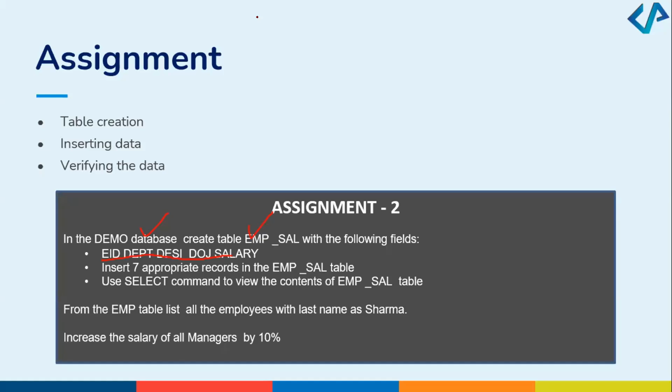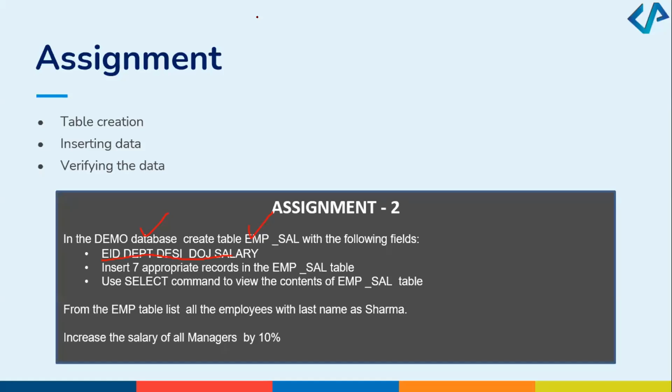So insert into EMP cell, values, give the employee ID that you want to add, department that you wanted to add, date of joining you want to add, and the salary. Right? These are the different things that you can add. Perfect. Good. So now this query you will fire how many times? 10 times with the different values.